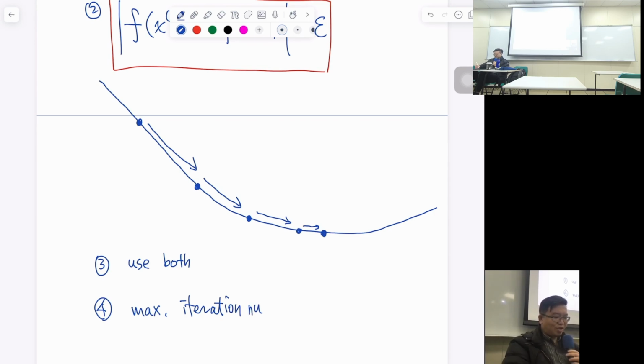So you stop when your iteration reaches a certain value. But if you use this, you need to be very careful. Sometimes you set, for example, a maximum iteration number equal to 10, but it didn't really converge. Sometimes it will converge at the 15th iteration. Then you are just out of time, out of resources, out of budget to do more. You have to stop. So one obvious example is